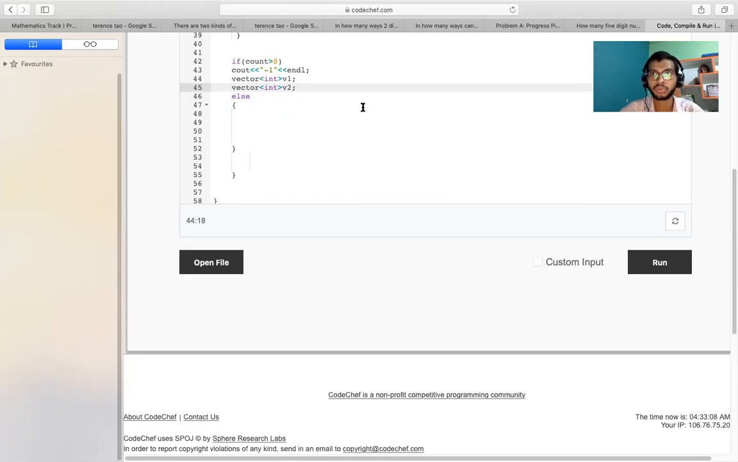So now I'm done with this. Let's move toward the else section. Okay, in the else section, what do we have to do? For auto...